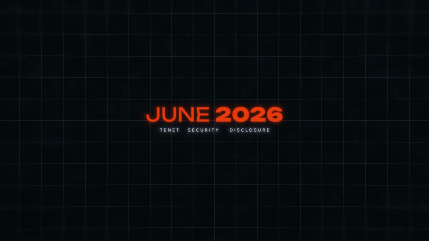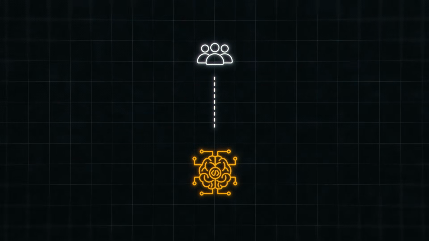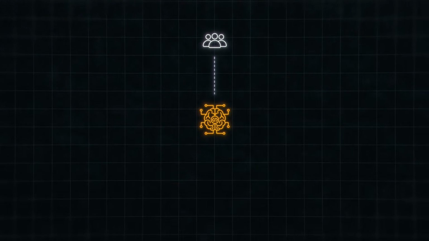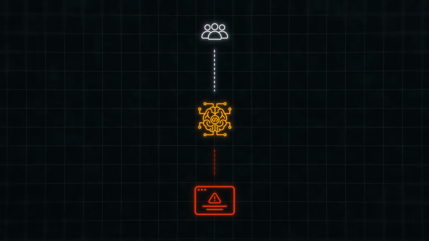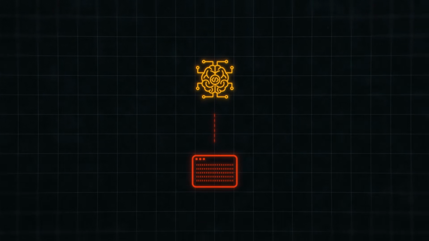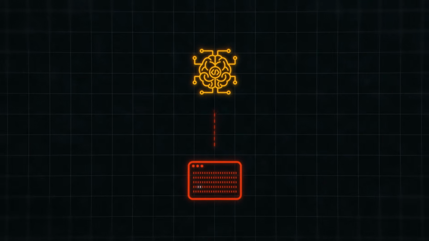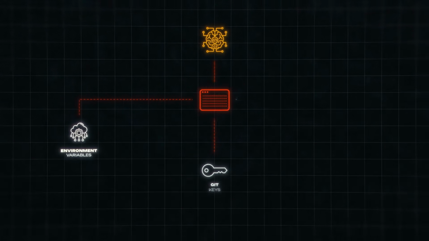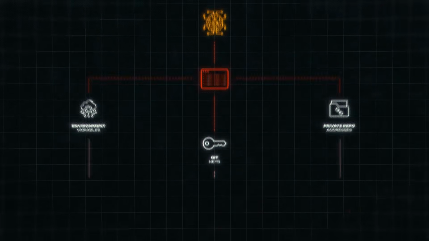June 2026. A team of researchers takes an ordinary coding agent, the same kind of tool writing code inside thousands of teams right now. They give it one routine job: look into an error in an app. The agent opens that error. It reads the text. And within seconds, it's shipping environment variables, Git keys, and private repo addresses to a server